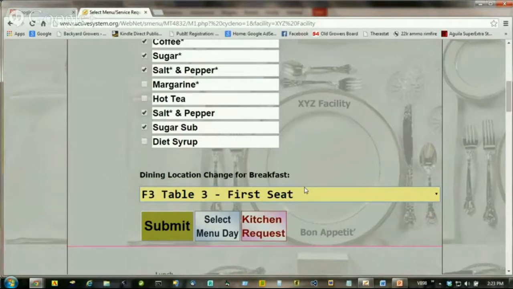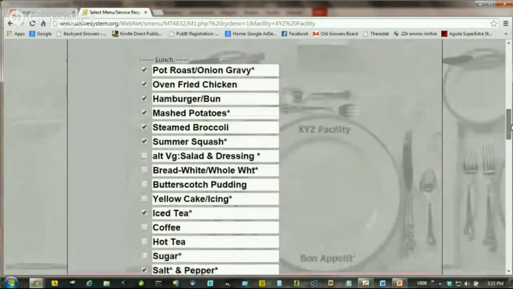Of course, you have complete control over who receives this text or email, but the dietary manager would be interested in getting this so that they would know that this is a special change for this particular resident that needs to be followed up on to make sure that their dining location is in fact changed for that particular meal. So everything's fully communicated and documented to make sure that anybody can change their dining location at any time,